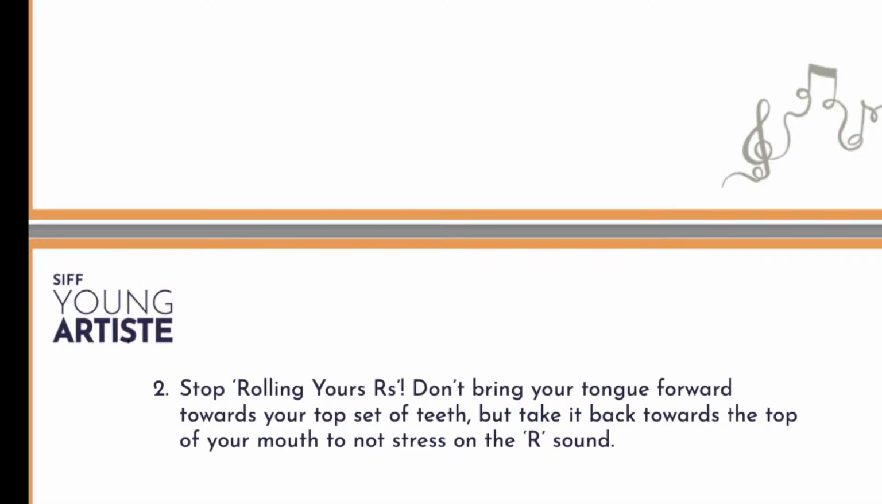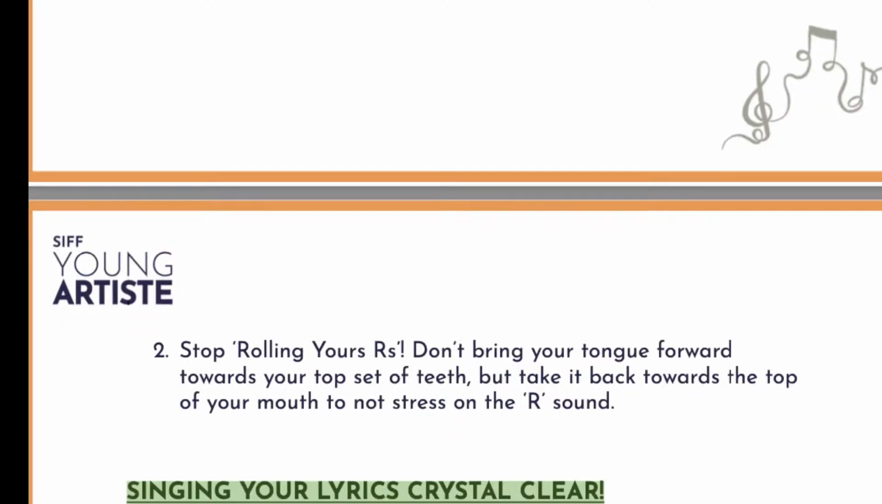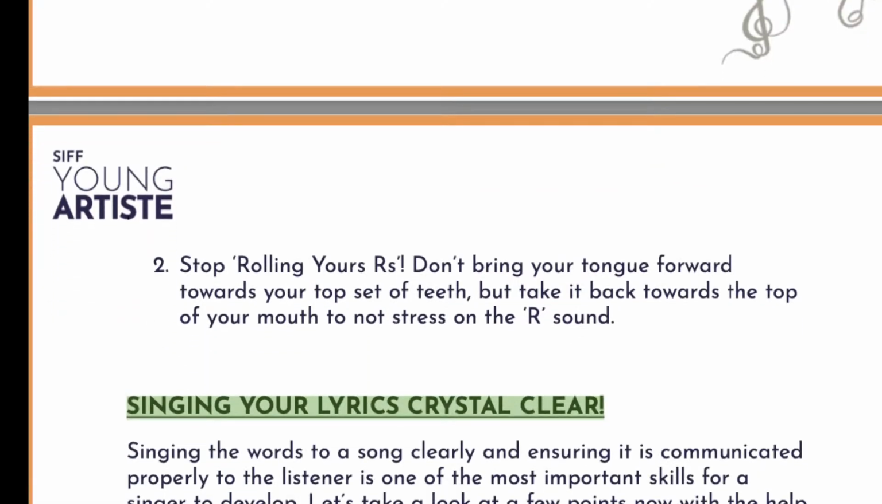So the R sound should not be there. Rather, it should be roar, where my tongue is actually going to the top of my mouth backwards. Not rolling, rolling. Just try it a few times, and I'm sure you will be able to get this. So the two things are the plosives and the rolling of your R's, guys. Hopefully you have made a note of that, because it's very important to improve your